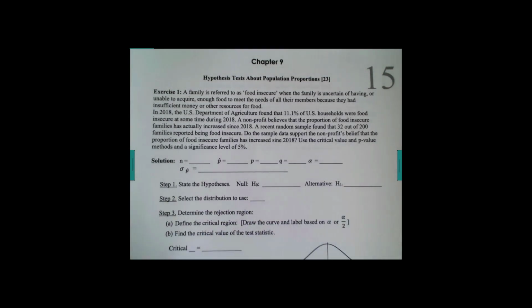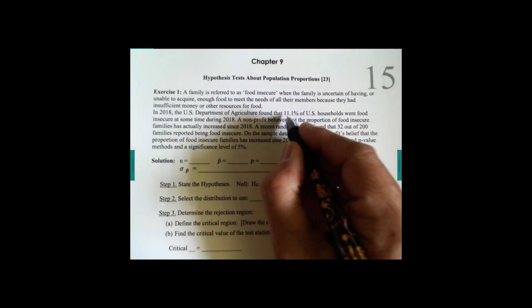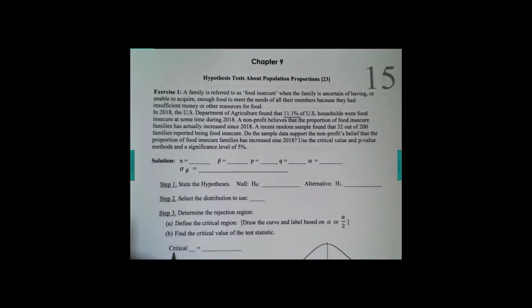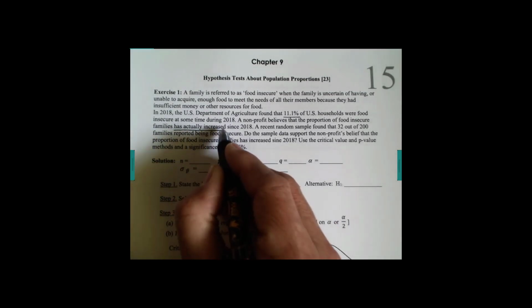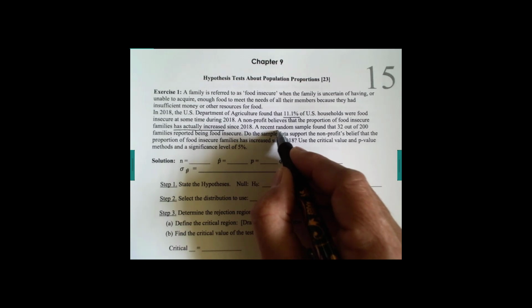So this problem says a family is referred to as food insecure when the family is uncertain of having or unable to acquire enough food to meet the needs of all members because they have insufficient money or other resources. In 2018, the U.S. Department of Agriculture found that 11.1%, that's what tells me this is a proportion problem, of U.S. households were food insecure at some time. A nonprofit believes the proportion of food insecure families has actually increased. They think it's increased. A random sample